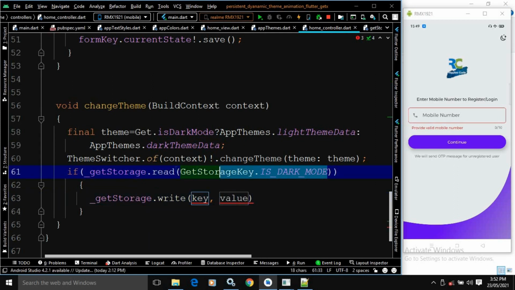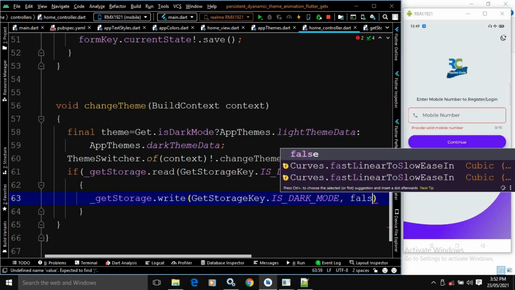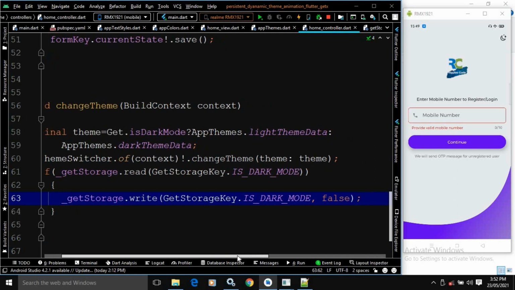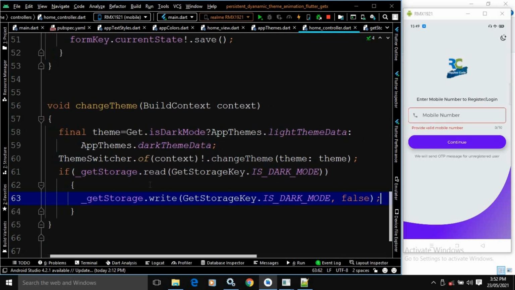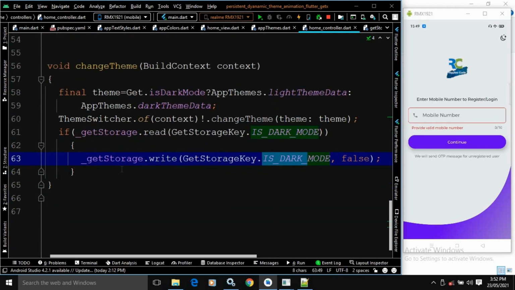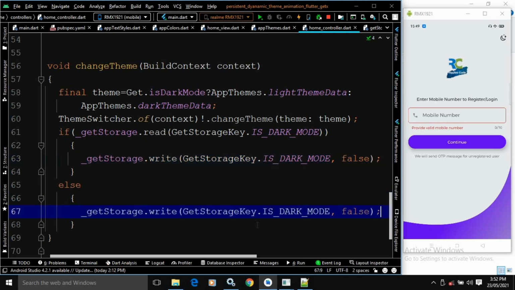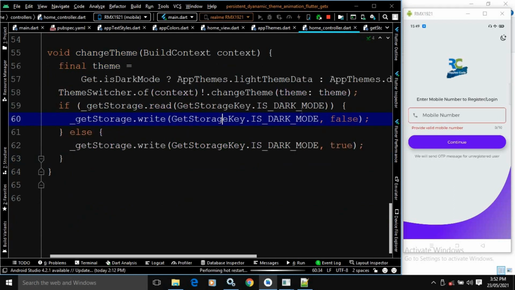I will copy this key, and in the value obviously I need to pass false, because if we are reading the value from that particular key and that value is true, then in isDarkMode I need to write the value as false. Else I will simply copy this and paste it here. Now this value will be true. Okay, that's it. Now let me run the project.